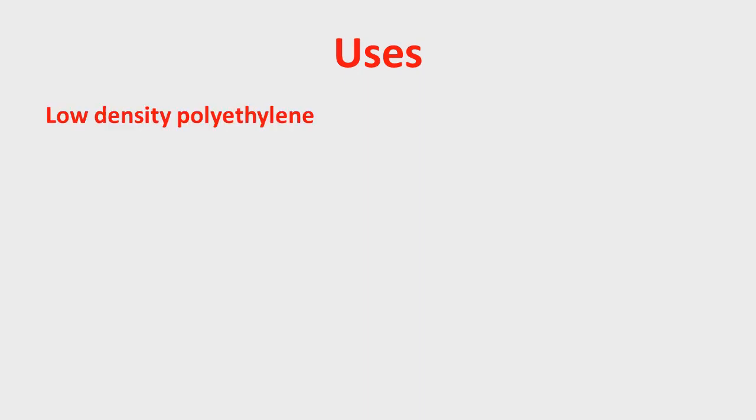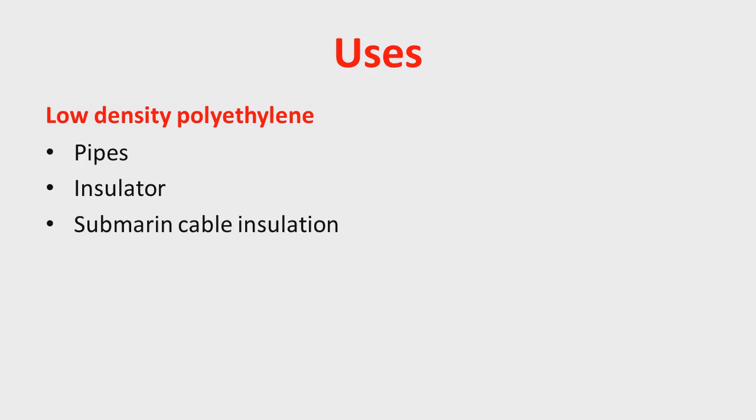Now we will see some uses of low density polyethylene and high density polyethylene. Low density polyethylene is used in manufacturing of pipes, and these pipes we use for agriculture purposes, in the irrigation process, and also it is used in domestic water line connections. Low density polyethylene is also used as an insulator for electrical cables, and also as submarine cable insulation. Low density polyethylene is used in production of films and sheets, mainly used for packing purposes. It is also used in household items like squeezing bottles and attractive containers,